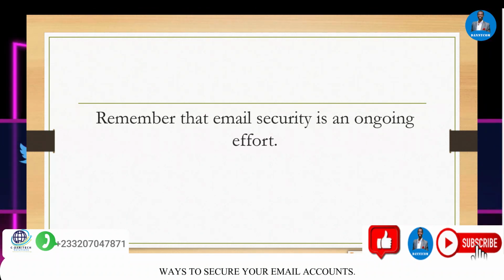Remember that email security is an ongoing effort, and you cannot afford to say that what you learned yesterday is going to be there forever. So always try to educate yourself when it comes to security and privacy.